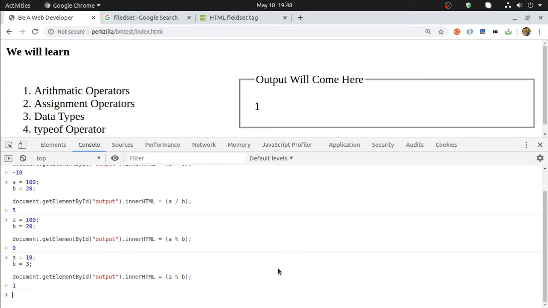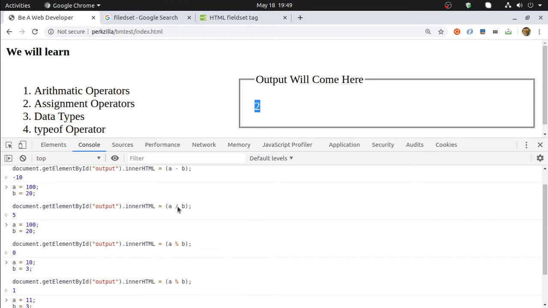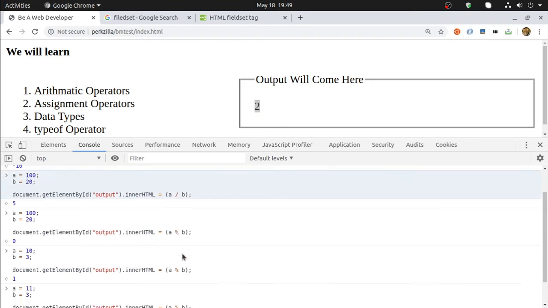And if the value is 11, 11 cannot be divisible by 3, that means remainder should be 2. Now see this, remainder is 2. So you know the difference between the division operator and the modulus operator. We call it the modulus operator.